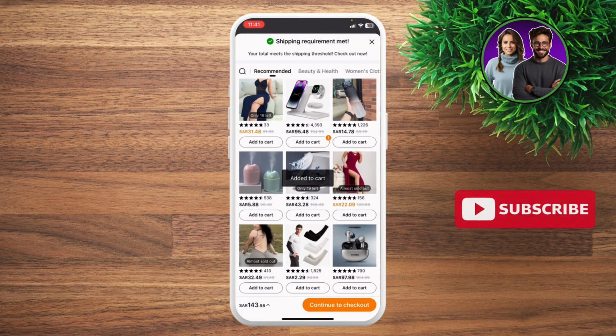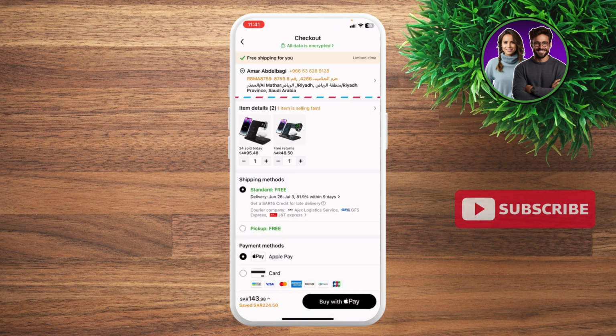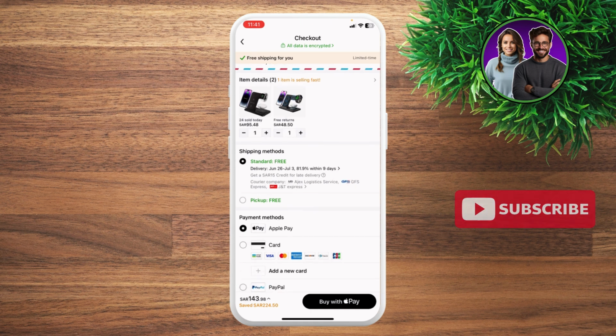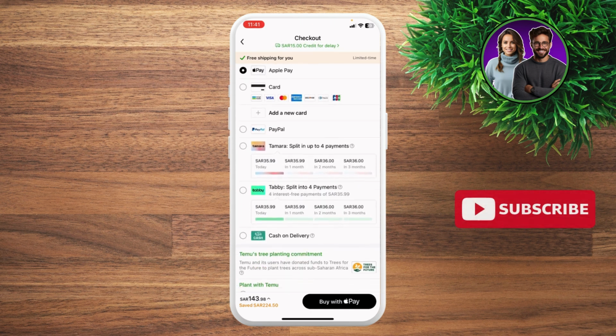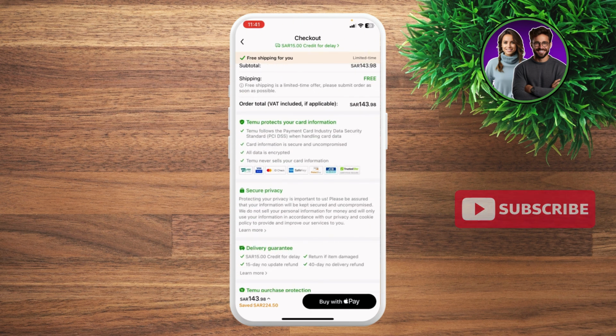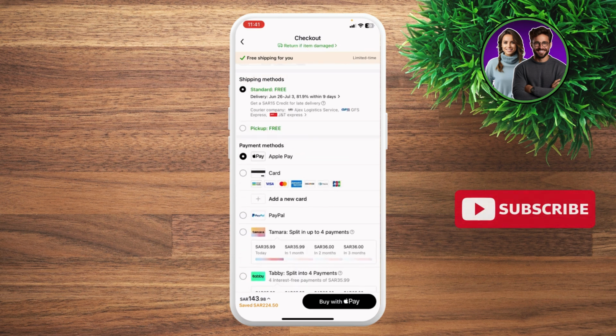the cart, I'm going to just go ahead and click continue to checkout, and then you're going to be able to buy the item, and then just go ahead and hit buy with the buying options that you have right